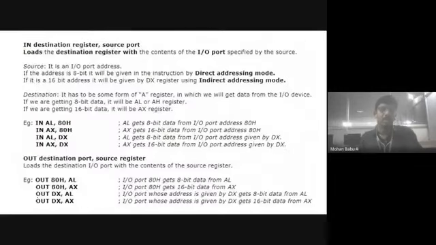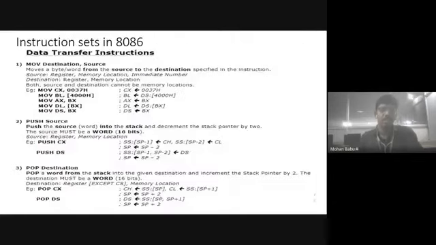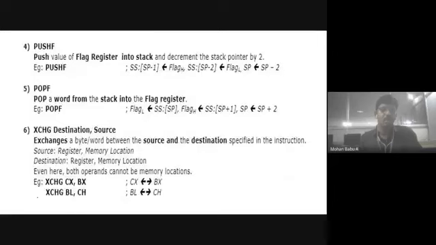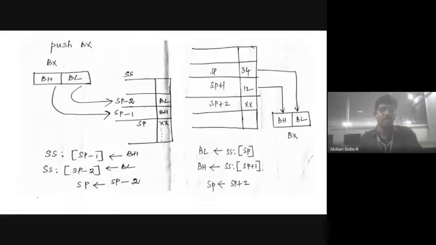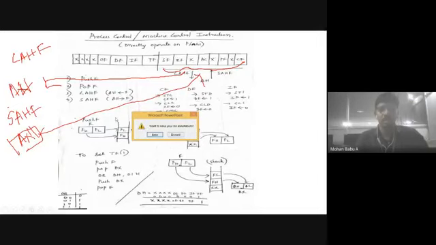On Monday we will discuss the remaining concepts. Just refer to the basic things: what is move, what is push, what is pop, what is exchange, what is translate, what is load flag, what is store flag. Just refer online, there are a lot of YouTube videos. You will get some idea. I only explain what instructions are and how to transfer data. You also need to put in some effort to know the different instruction sets in 8086. On Monday, we will discuss the remaining concepts and also some basic programs in 8086.